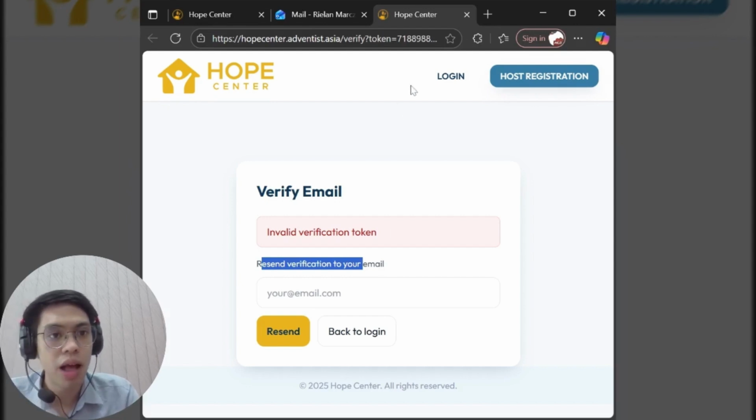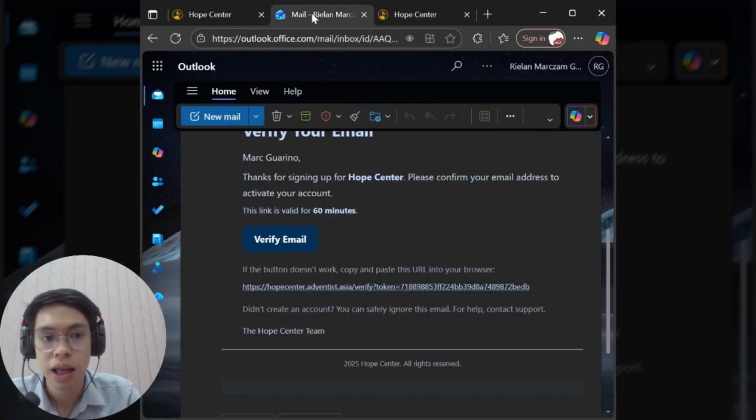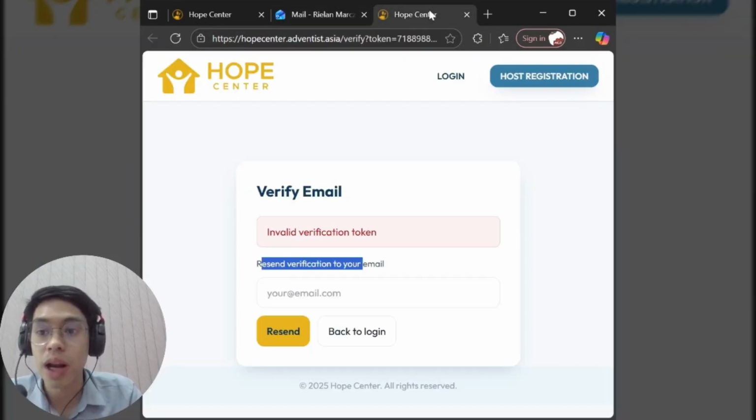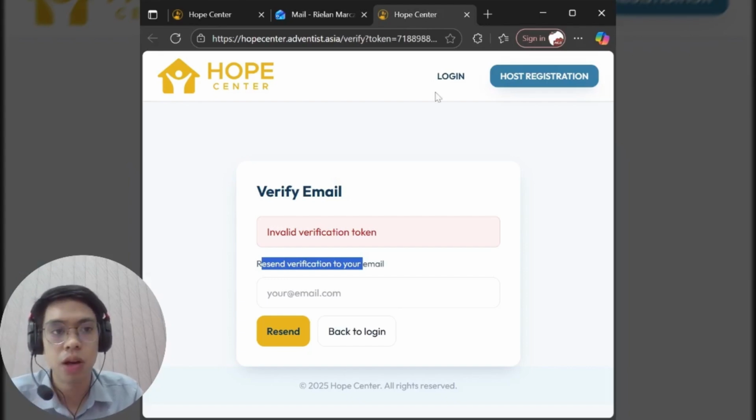But at this point, you are actually already verified. The system itself has verified you. This might be confusing, so for now, ignore this. Once you have clicked this button in your email, you are now verified. So go ahead and click